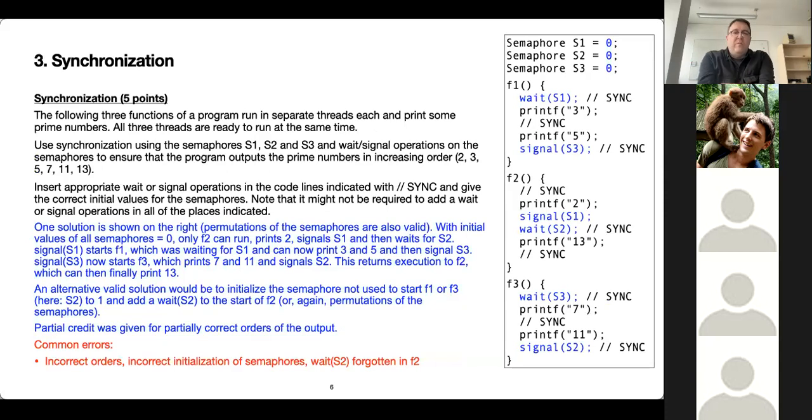The next question was about synchronization, of course, an important part of operating systems, just because we have parallel processes that access shared resources. And we have these three functions, F1, 2, and 3. And we assume they would run in separate threads each and print, well, some prime numbers. So we have 2, 3, 5, 7, not 9, but 11. And